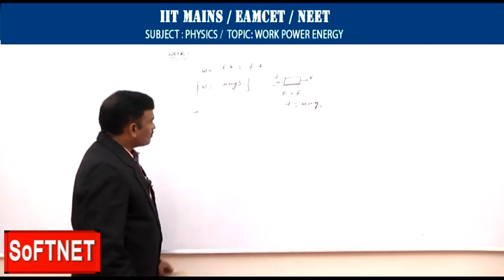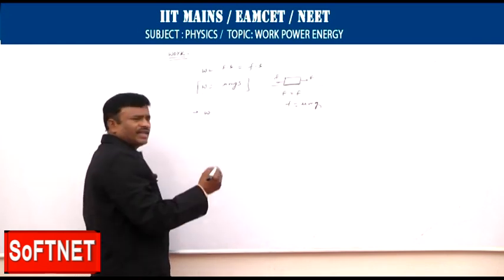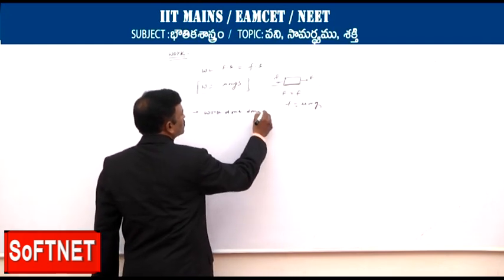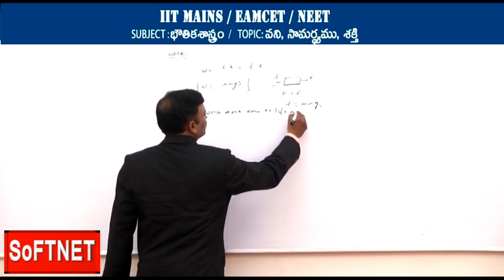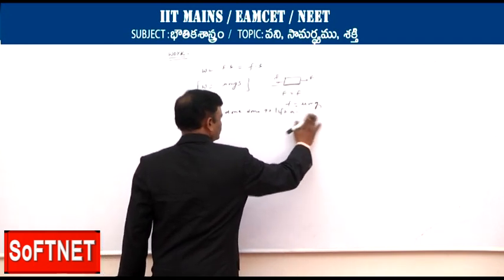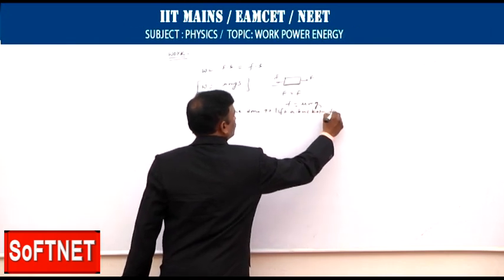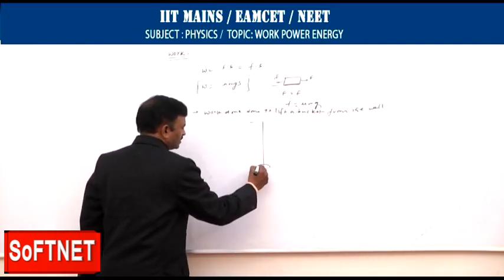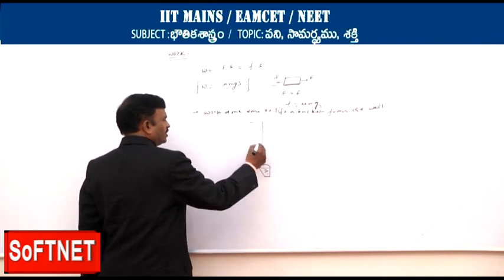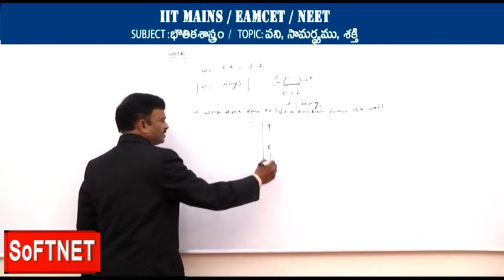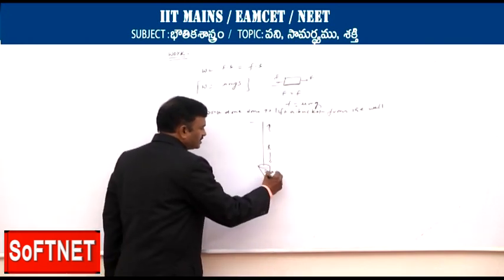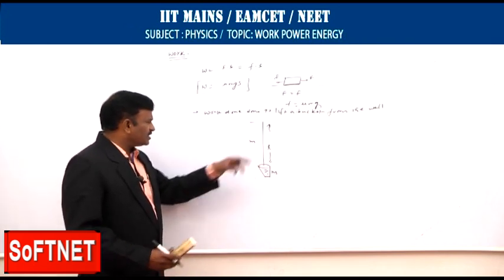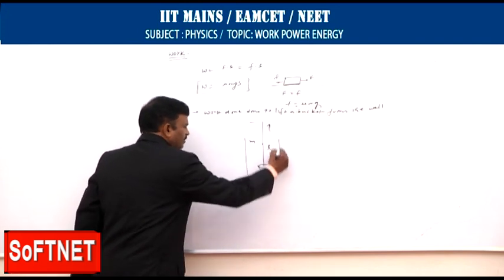Next, the work in various cases. Let us see the work done to lift a bucket from a well. There is a bucket of water being pulled from a well, and the length of the thread is L. The bucket mass is capital M and the thread mass is small m. In this case, to calculate the work done we need the center of mass concept, as the bucket is coming out of the well.